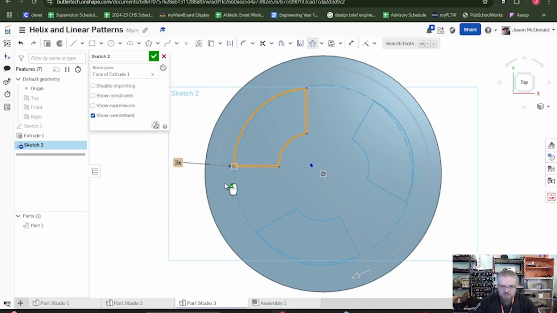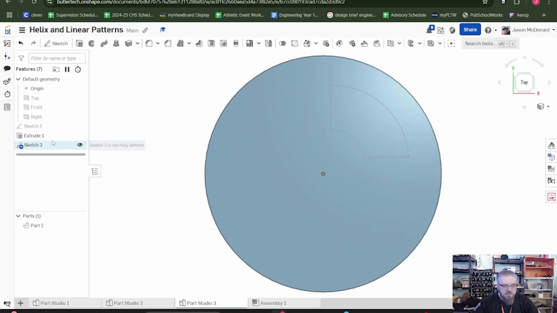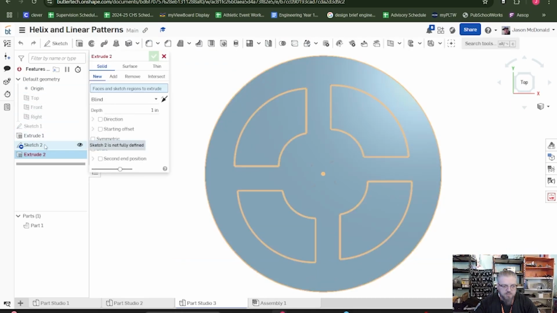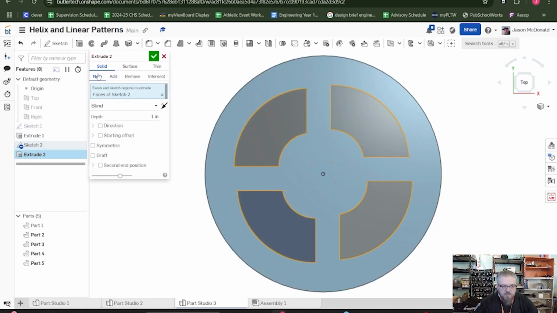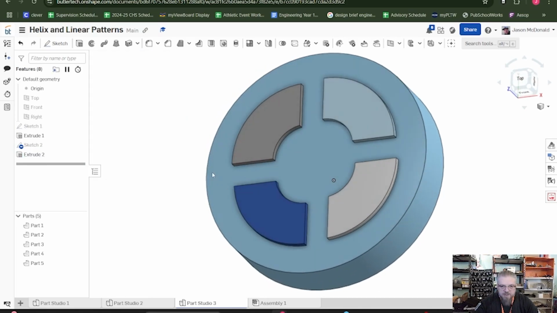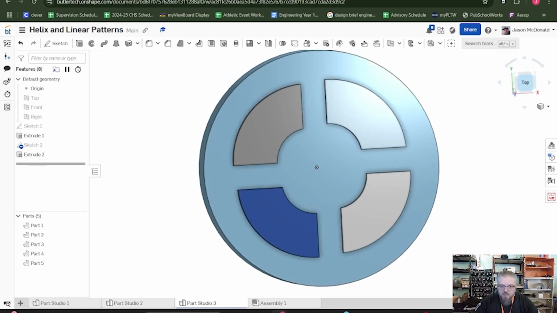In this case, it happens to be the origin. For what I'm making, I want it to be repeated 4 times. So I'm going to go with 4, hit enter. And now my sketch is done. Now I'm going to extrude sketch 2. We'll make it new parts. And I'm going to go with 1/8 of an inch again. And that is circular